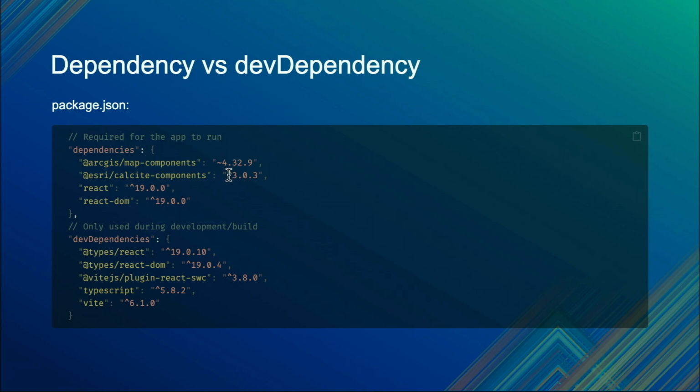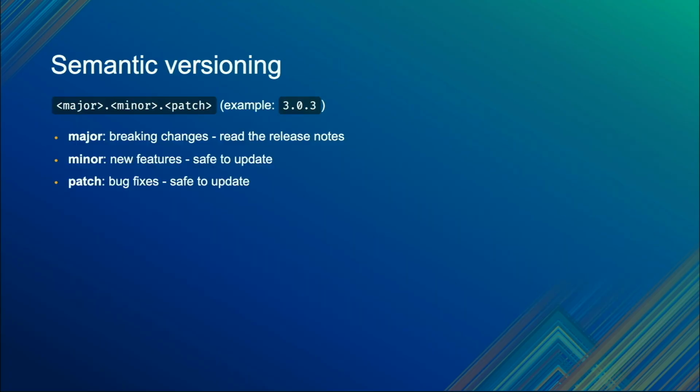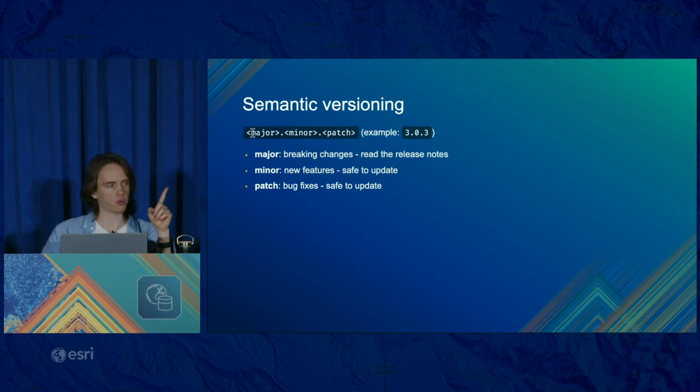Now, each of these dependencies has a version number, and this version number usually follows a convention. Let me tell you how this convention works so you can know how to read these numbers. By convention, most NPM packages follow a semantic versioning policy, where the version number consists of three numbers. First is a major version, second is a minor version, and third is a patch version. And this convention is important when you're updating a package, as it helps you know what kind of changes happen